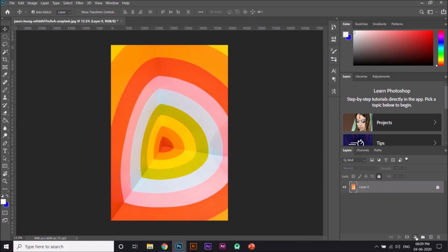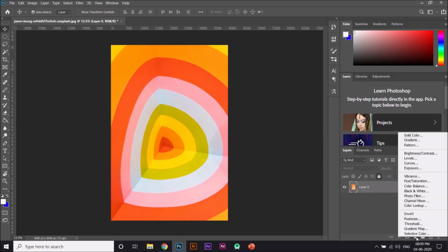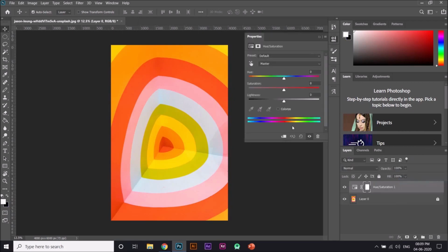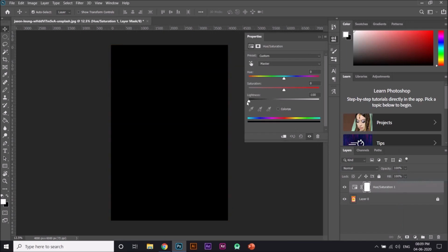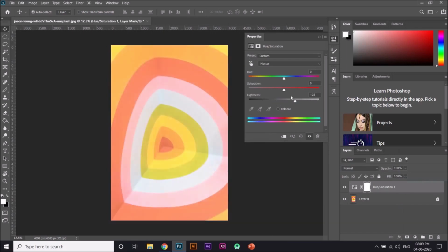So the next adjustment layer is something really very interesting. It's called hue saturation. So here you can see when I click on this and drag, it controls the lightness as it says here, and this controls the saturation. But here you can see something called hue. Hue is nothing but colorizing.